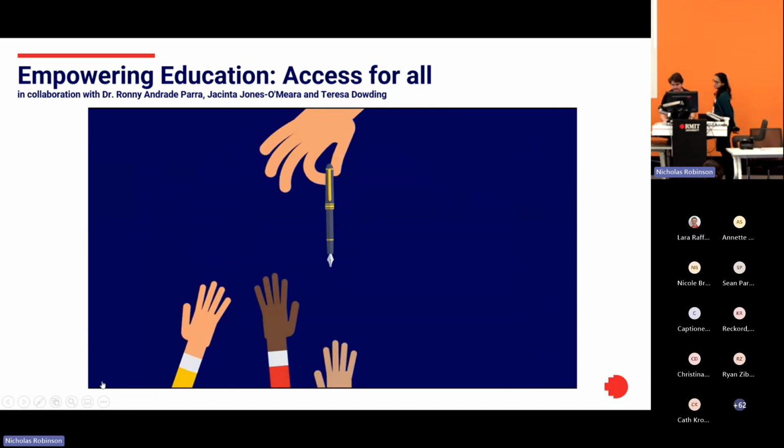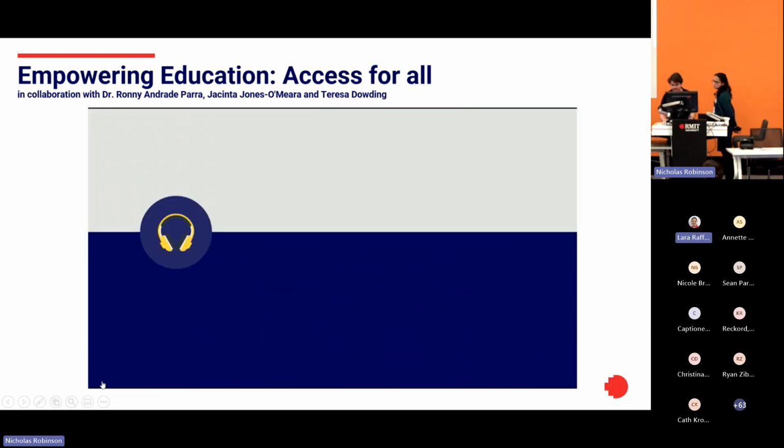Just like a well-designed pen that fits comfortably in any hand, our resource